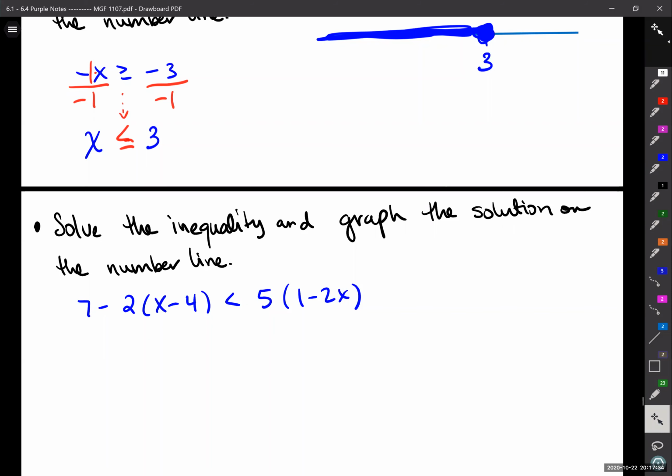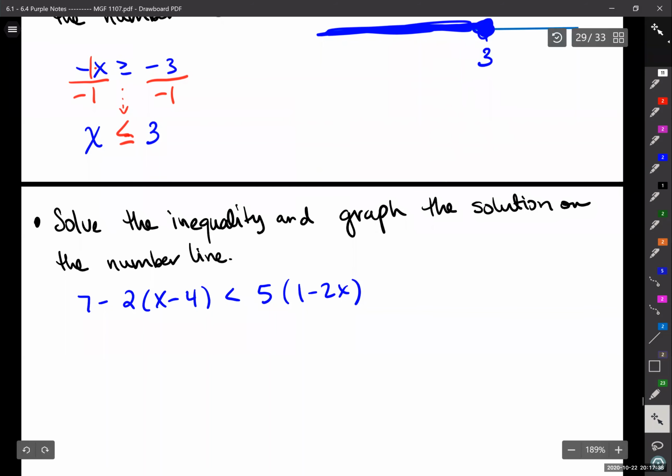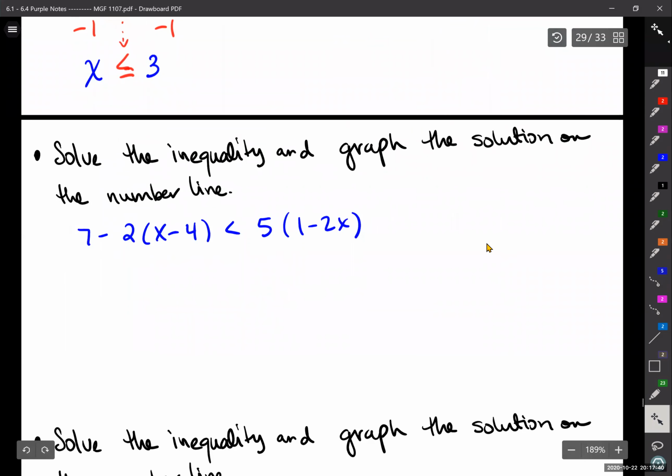Now, as we work through this one, I notice that it's an inequality and there are x's on either side. And before I can even start moving the x's, I do have to distribute to simplify each term, just like we did with the equations. So I'm going to first distribute the negative 2 to the x and the negative 4 on the left side, and distribute the 5 to the 1 and the negative 2 on the right side. So that would give me